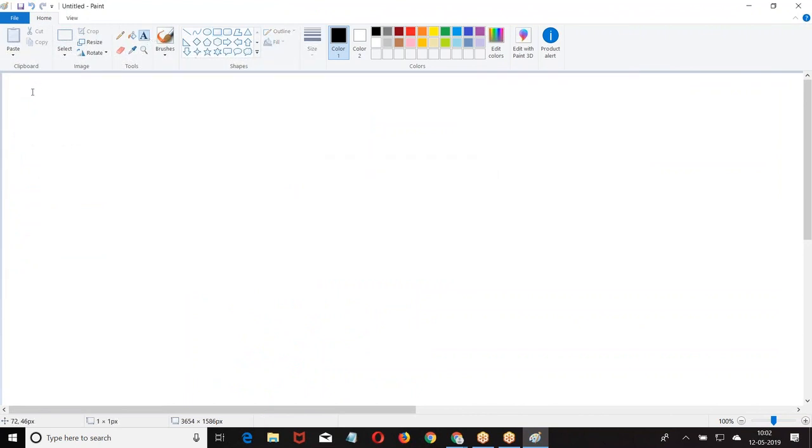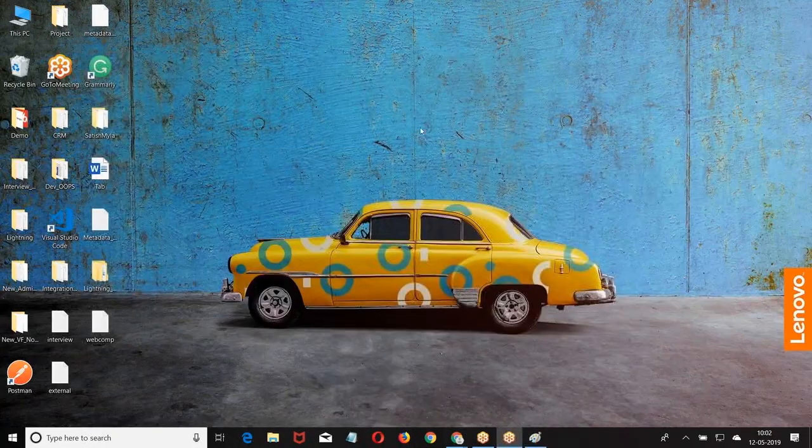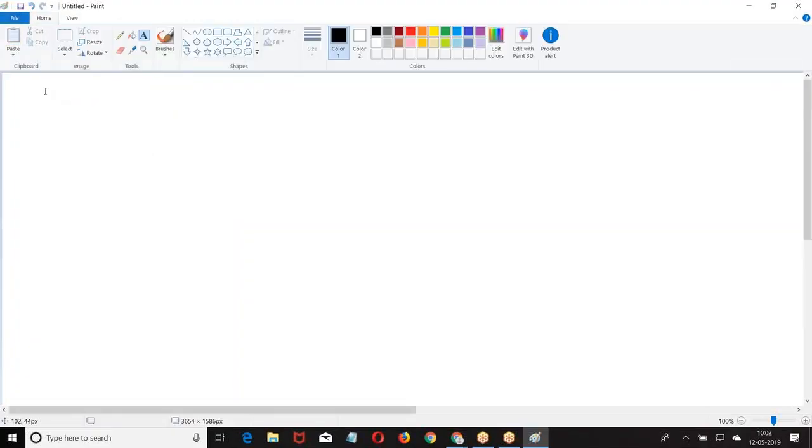Basically, there are two things we will have in SFDX. SFDX is used for continuous integration. Here we have a concept called DevHub and a concept called Scratch Org.